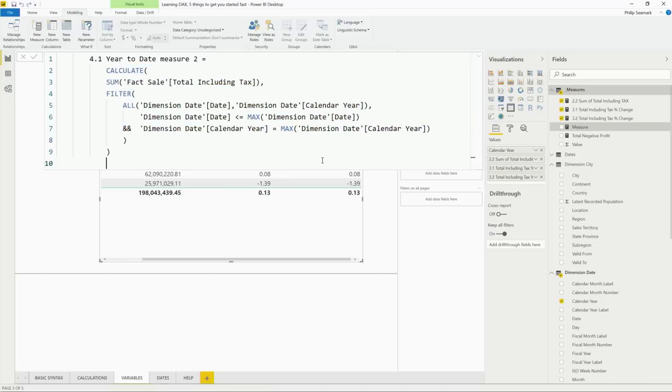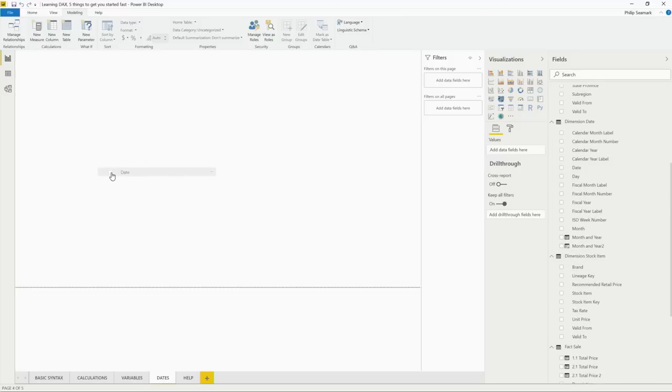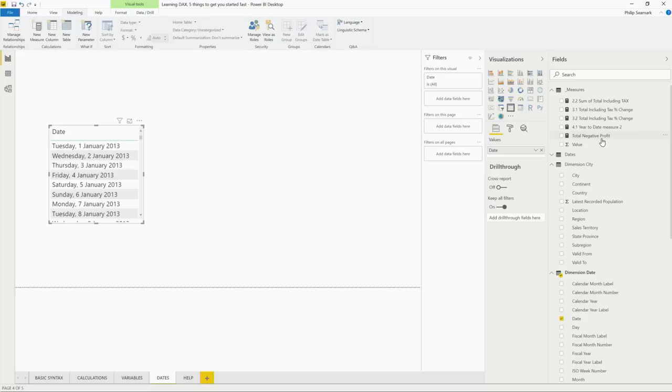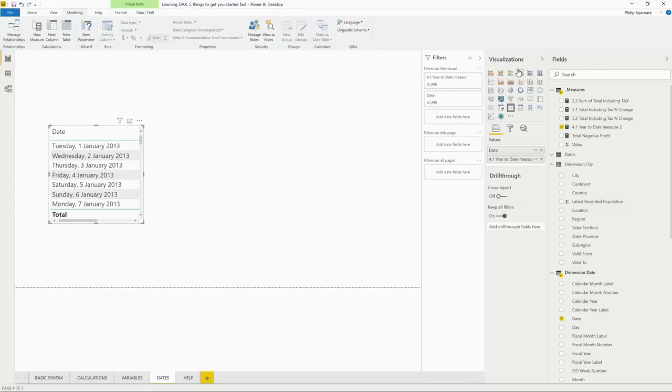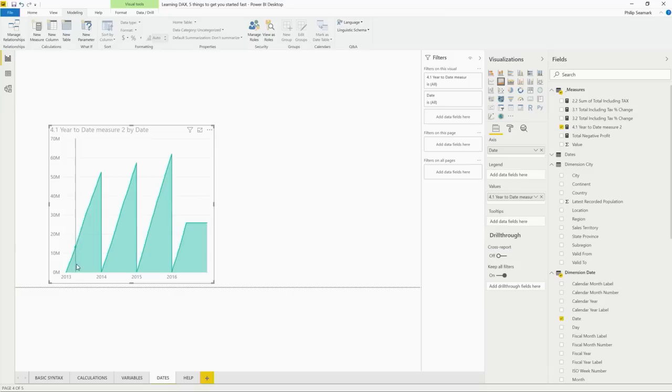So what this is going to do is produce a year-to-date value. And if I jump onto a blank piece of canvas, I can say, show me for every single day the output of this calculation that I've just added, and make that a line chart, because that visualizes it nicely. We can see that at the start of every year, it's just growing to reflect sales. There's actually one little dot per day here, so there's quite a lot going on. And like I said, there's quite a lot of code there.